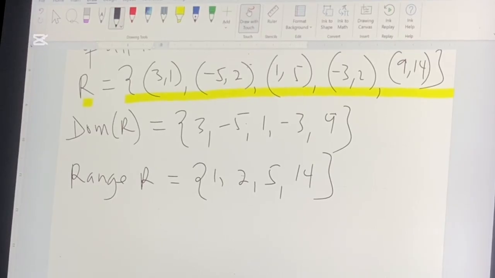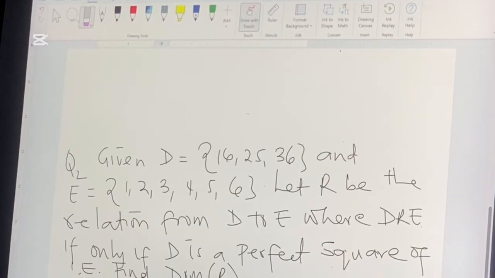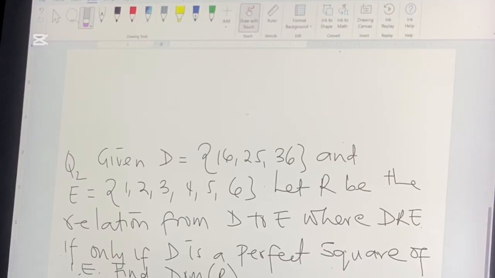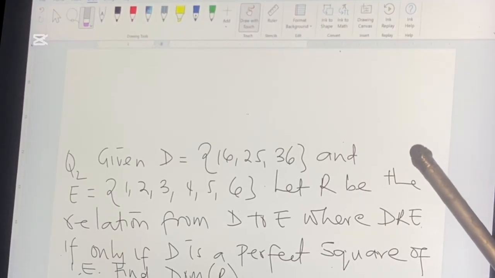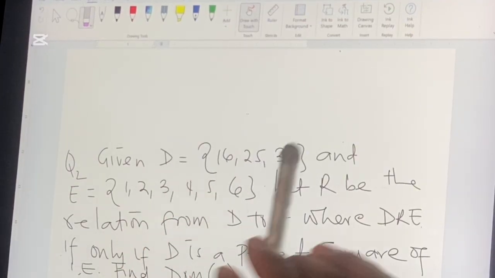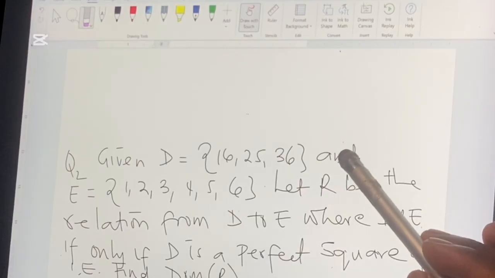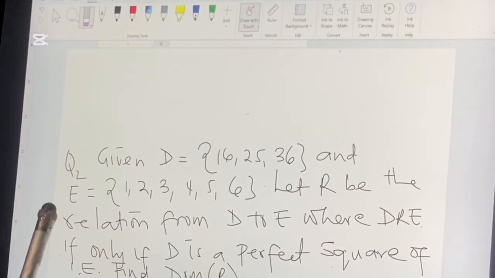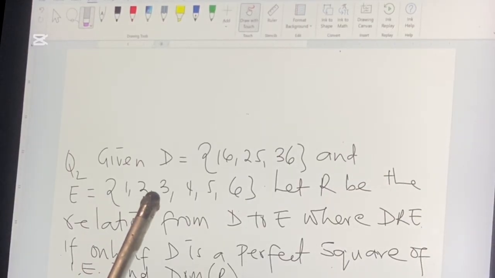Okay. So let's solve some advanced questions under domain and range of a relation. Let's solve question 2. Before we solve the question, let's understand the question perfectly. They said, given set D equal to {16, 25, 36}, and set E equal to {1, 2, 3, 4,